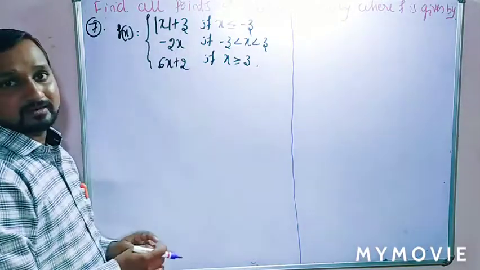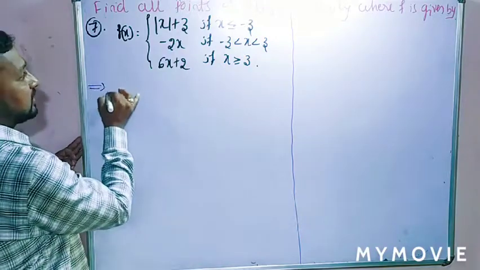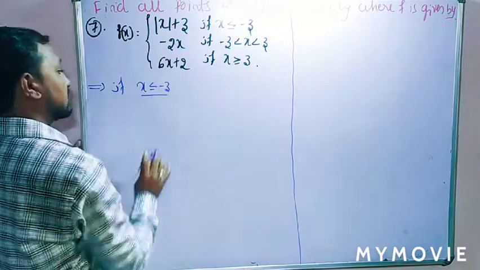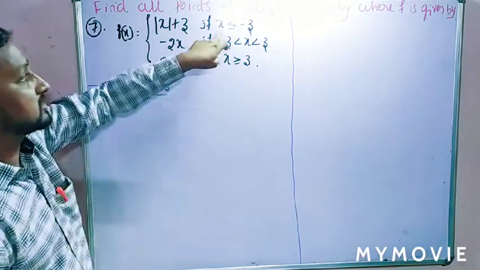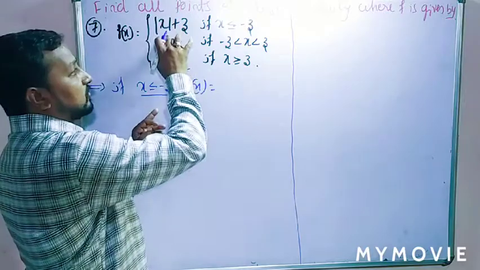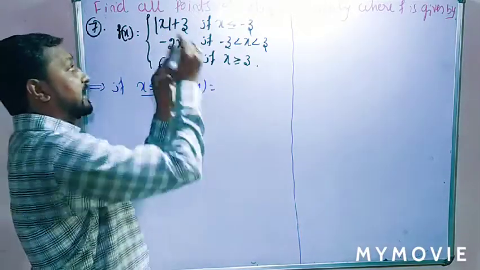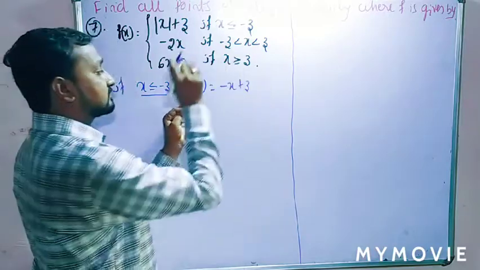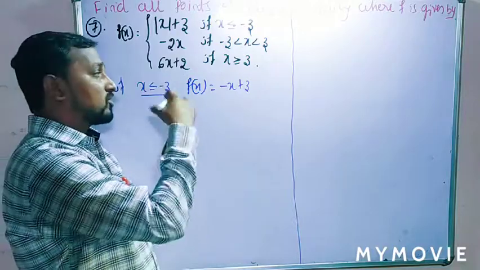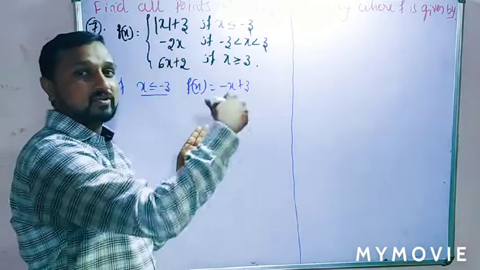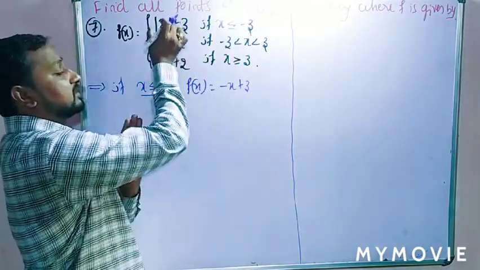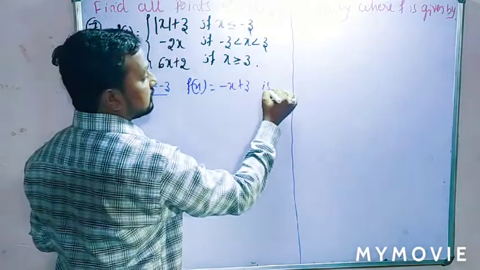Here there is no particular point. So in this example, if x is less than or equal to -3, then this function f of x should be mod x plus 3. When x is less than 0, then x should be negative, that is -x plus 3. Is that clear? Because x is less than or equal to 0, mod x should be a negative value, that is -x, which is a polynomial function,